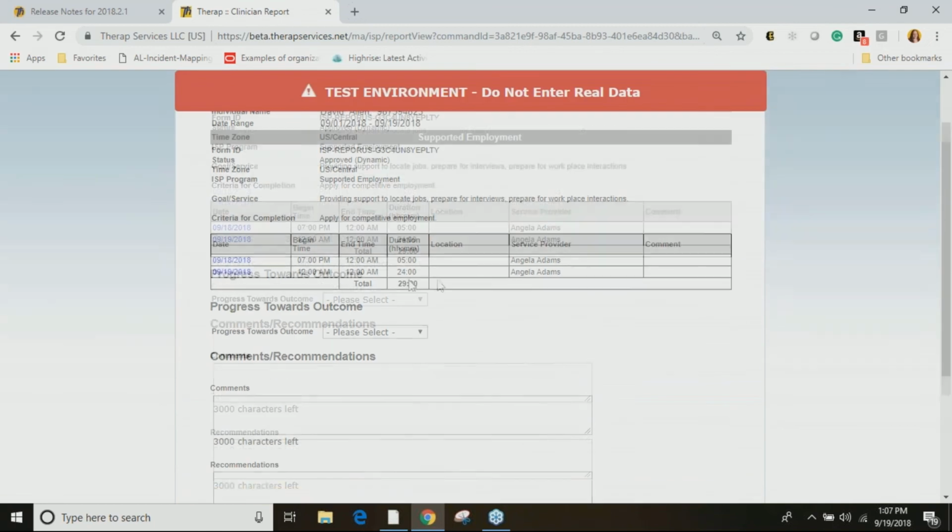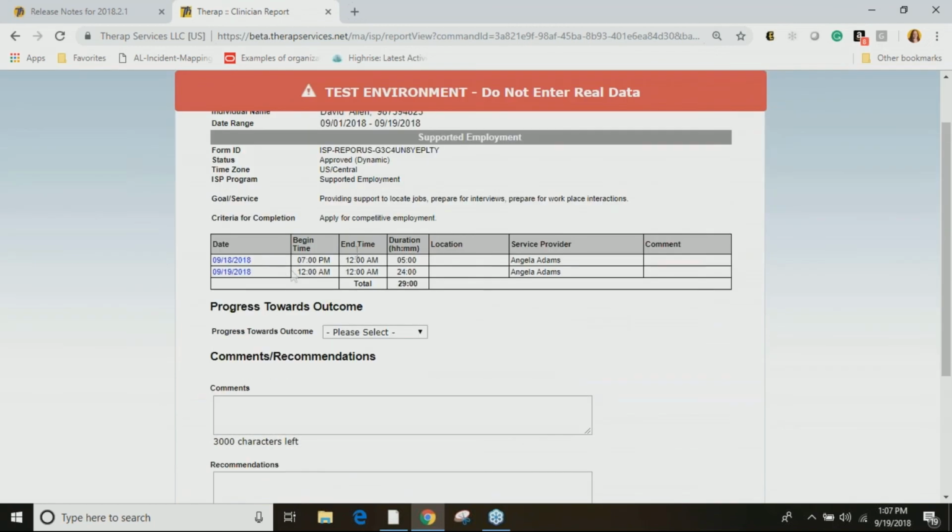Okay, you'll notice that, in addition to it letting me do that, we're now calculating every last minute to that midnight hour and not having to end at 11:59. So that 7 to midnight is counting towards 5 complete hours. And the midnight to midnight is going to be that 24 hours.